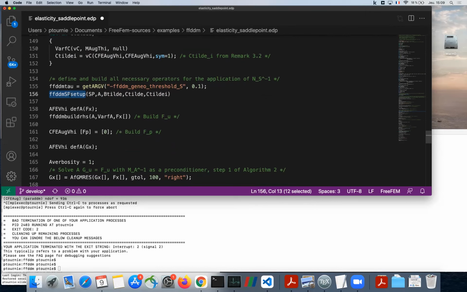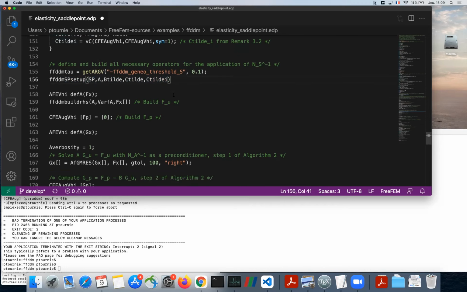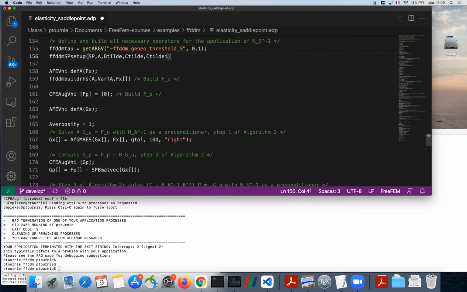Basically, this will construct the GenEO coarse space for the Schur complement in the pressure space. For that, we need all three operators, so I need to pass A, B, and C as distributed operators, and one additional parameter, which is the C tilde matrix on each subdomain. This will construct a new prefix and all necessary operators on GenEO coarse spaces, to be able to apply the saddle point GenEO solver to solve the problem for the Schur complement. The rest is exactly as Frédéric showed.